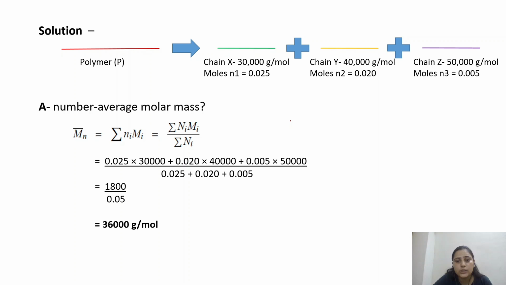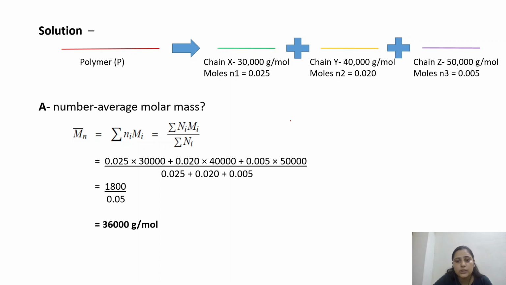0.020, and then 0.005. So when we do this addition and solve, in the numerator we will get 1800, and in the denominator we will get 0.05. So after dividing and solving, we get A, which is the number average molar mass, as 36,000 gram per mole. So let's discuss the next part of this question, which is the